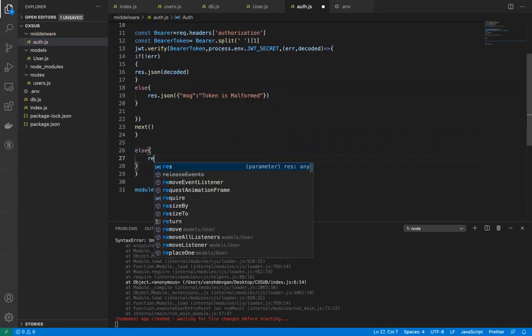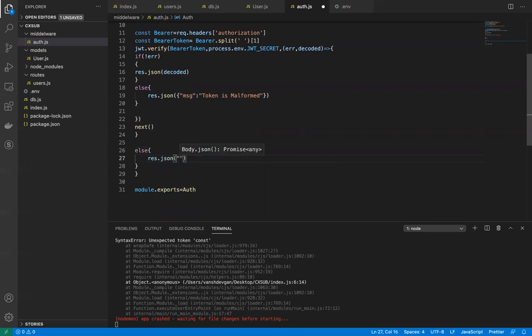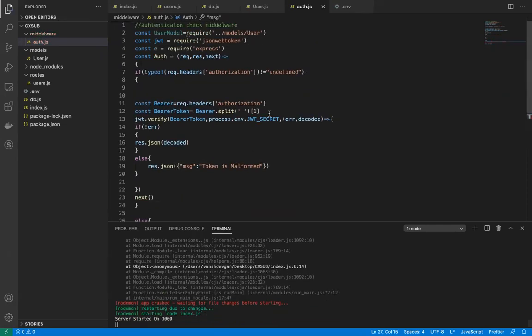Else I will return that the authorization header is missing. Authorization header is missing. Okay, that's fine.